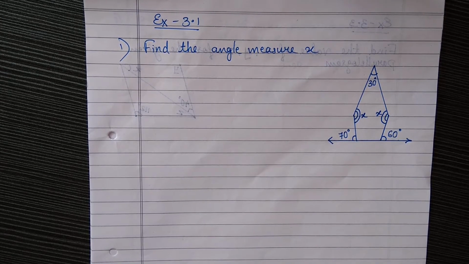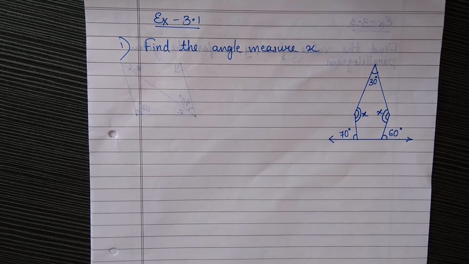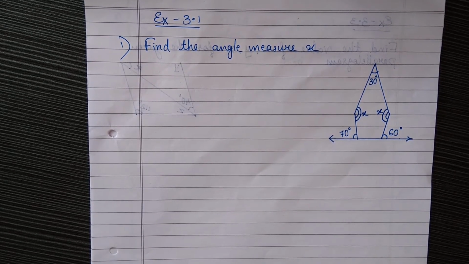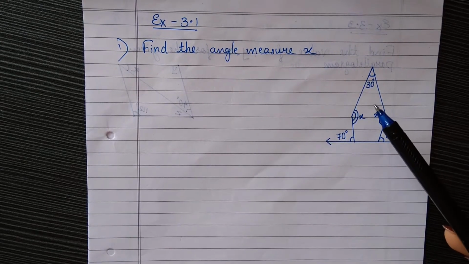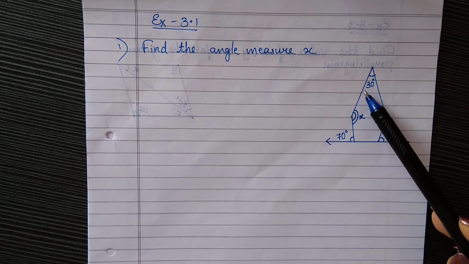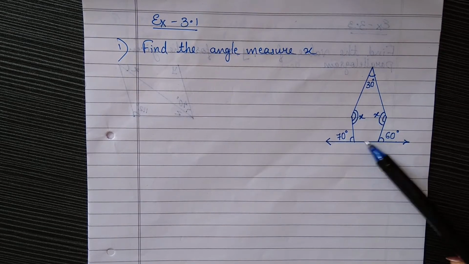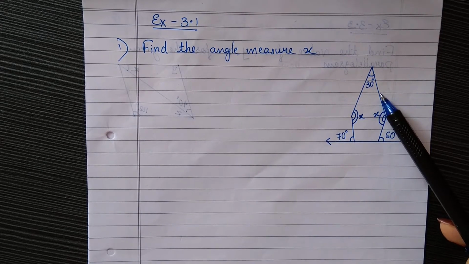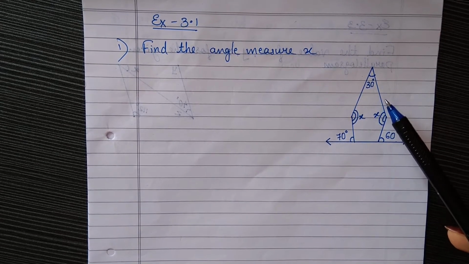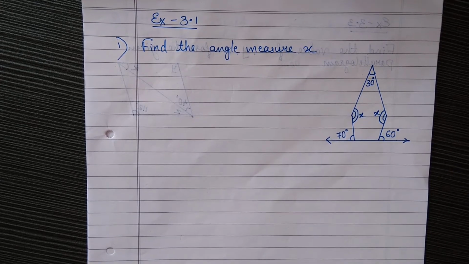In this we are supposed to find the measure of angle x. Here the figure is given. You can see the figure. It is not a quadrilateral but it is a pentagon. 1, 2, 3, 4 and 5 sides are there. So it's a polygon having 5 sides, which we call a pentagon.